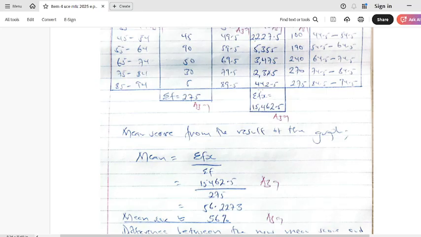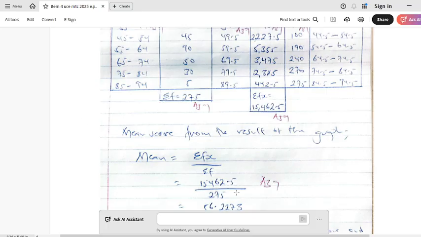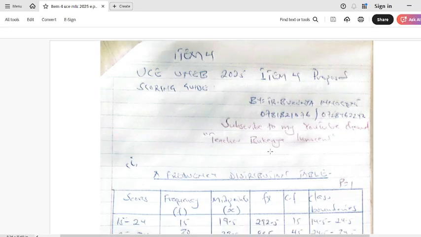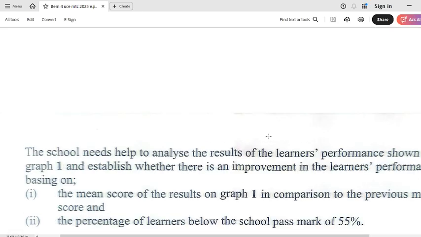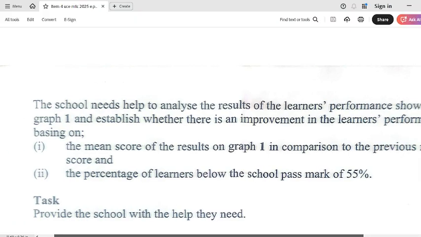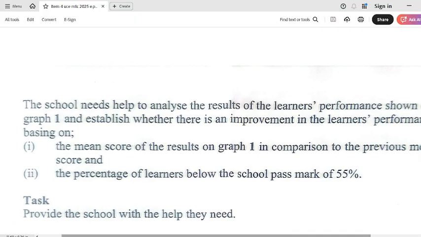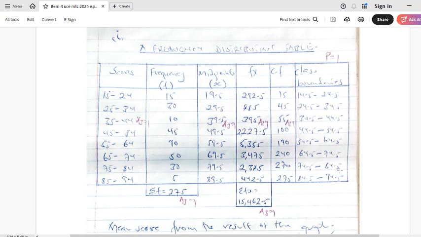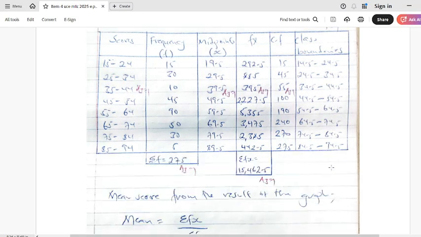Now, because I have the summation of fx and the summation of f, I can get the mean score, according to graph 1, like the question was saying. It was saying to establish whether there is an improvement in the learner's performance based on the mean score of the results on graph 1 in comparison to the previous mean score. So we are going to get the mean score from the table that I've just generated, and then we shall compare with the mean score in the first